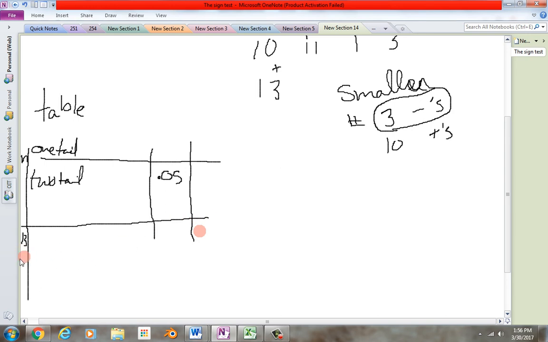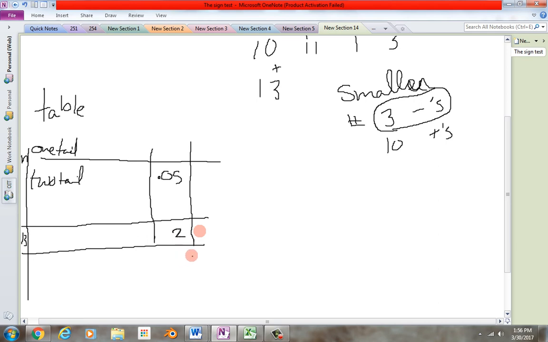Because what would have happened if we'd have had an 8 in that data set? It would have been a 0. Does that make sense? We'll do one of those in a minute. So I come down this column and I find that 2. 2, that's my critical value. 2. Okay? Now read the